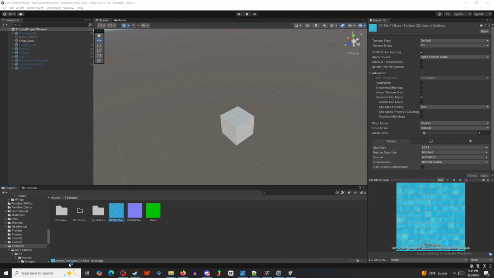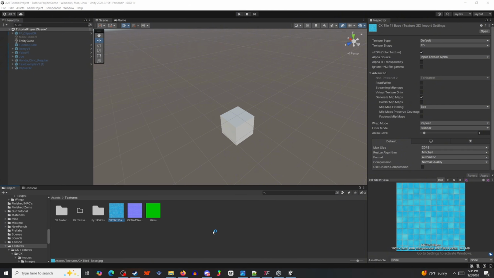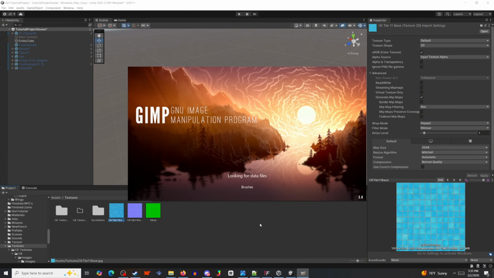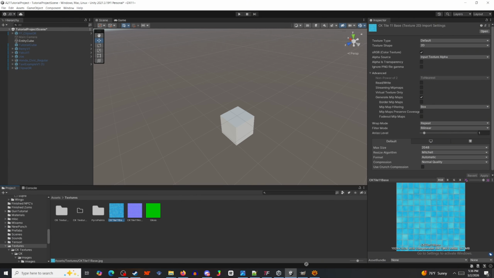But anyway, we're gonna start up GIMP, and we're also gonna start up XNView. I'm just gonna give you a quick show of what I do when I want to do color variations. Not so much with tiles. I don't suggest doing it with tiles, but with things like wood textures,